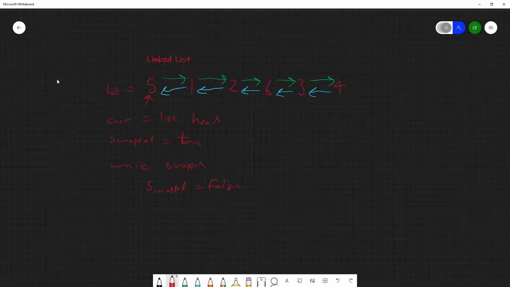And then we want to be going another loop. Before we had a for loop because we were accessing indexes. Here we're accessing dot next. So we want to be going until whatever our current is set to null. So while current does not equal null,